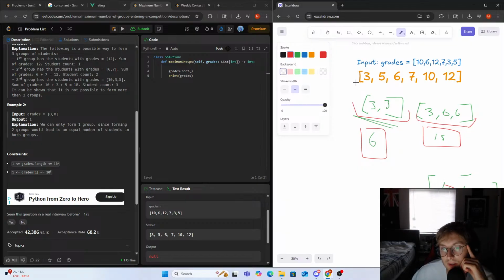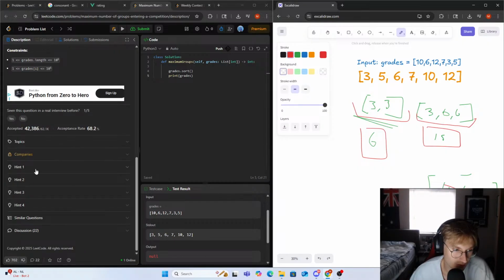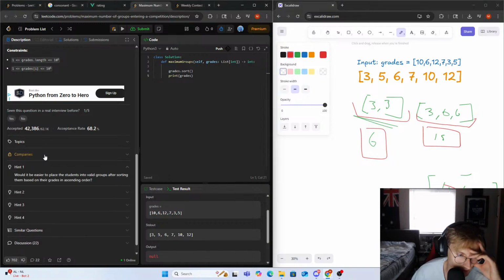Can we increase, right? No, I'm not sure. If anyone has any solution or has a hint for me, I'd appreciate it if you know how to solve it. Would it be easier to place students into valid groups after sorting them based on their grades in ascending order? Okay, well,